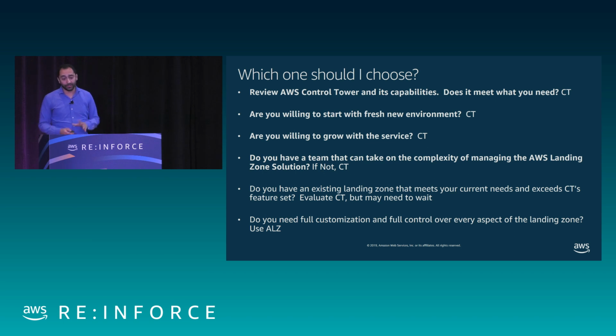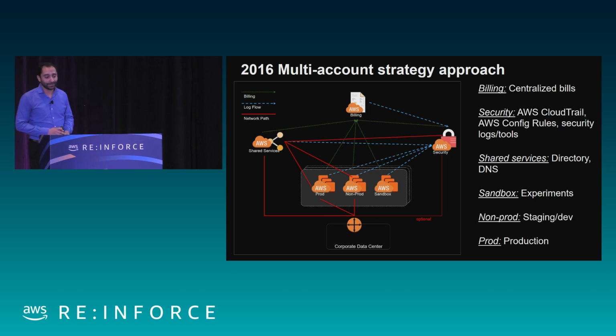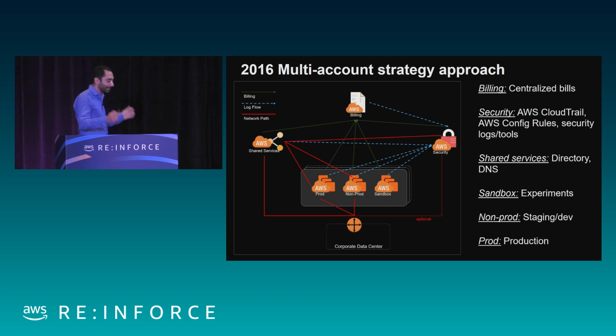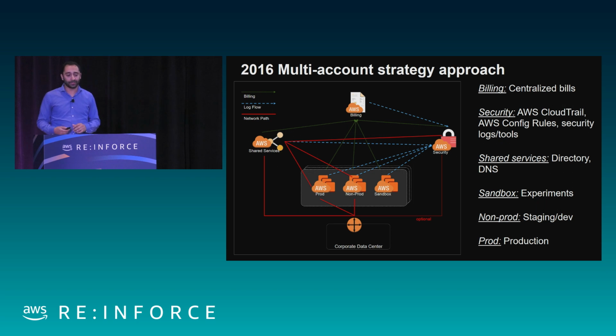And I promise to give you a little bit more context to help you understand the bigger picture around everything that we're doing. So back in 2016, this is what multi-account strategy looked like. And because I drew that diagram personally, it does not look very good, unlike the one that you saw earlier, which shows you the nicer version of it. And if you notice, it's similar. We have a security account, there's no log archive. Back then we were telling you put the logs in the security account. And then a year later we decided it makes more sense to separate it out.